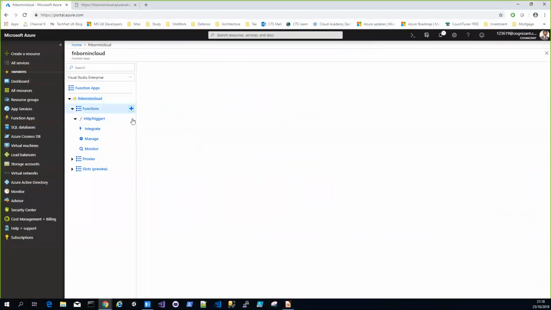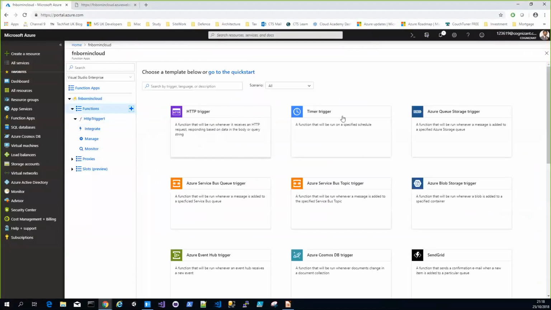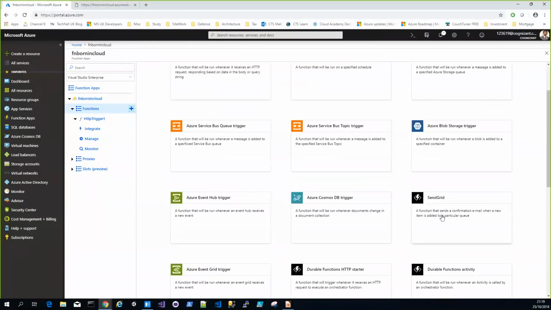When you create a new function, you can actually choose what your trigger is, like HTTP trigger or timer, Azure storage, blob storage is added to a specific container. So you can have this. This is one way of doing it, or you would use your event grid, which then triggers this function. Or if you want to send an email, so this is the out-of-the-box thing that Nimisha was talking about. So the send grid is already there out of the box. It's created something for you.